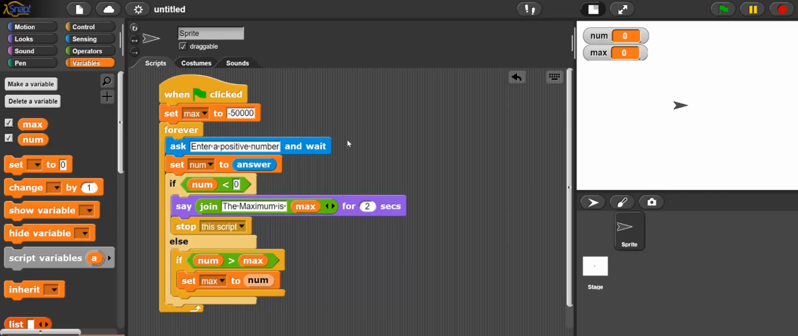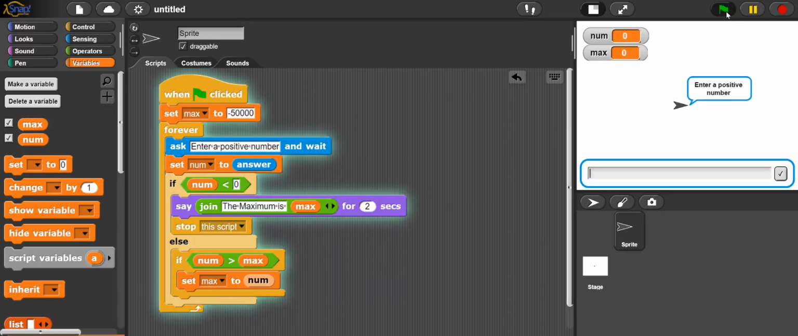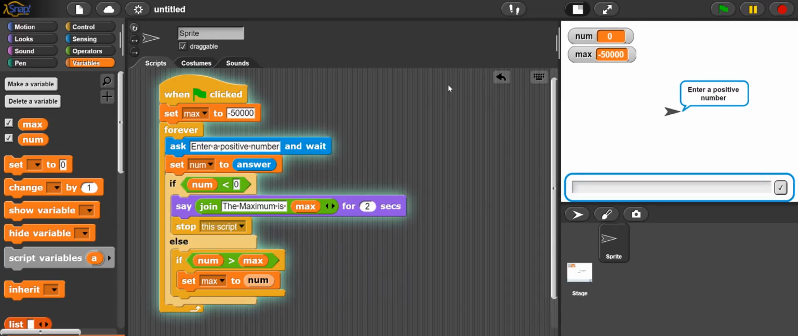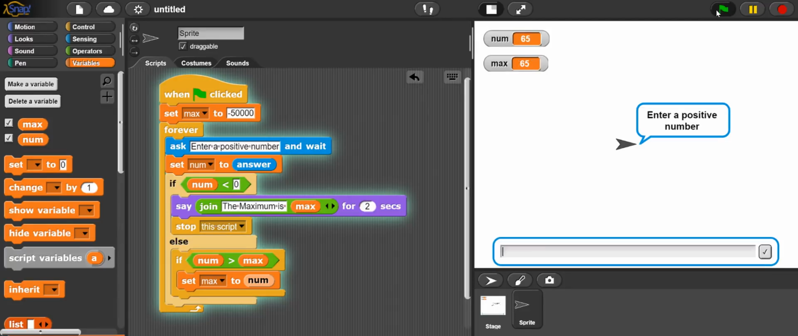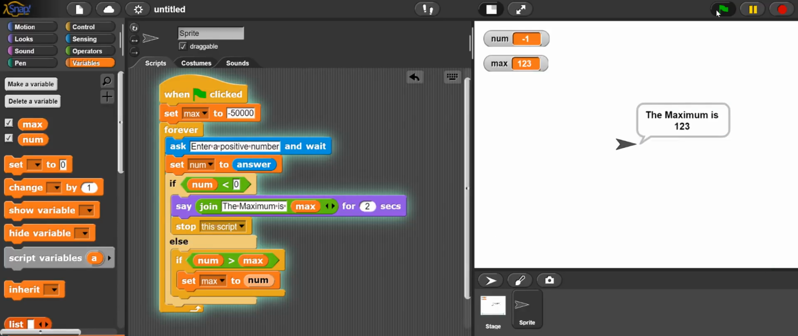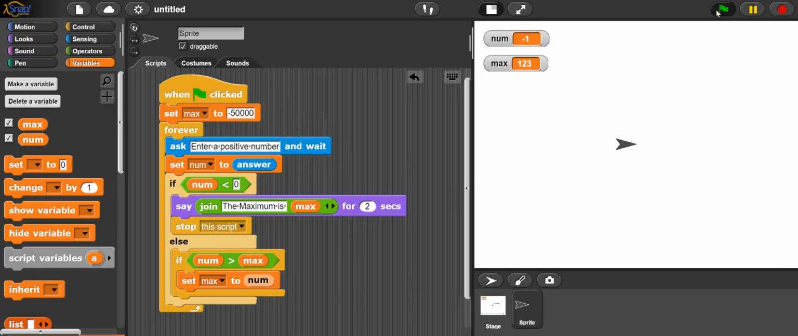So this is a very simple program. If I run this, enter a positive number, let me enter 65. It says enter again, 34, 123, 1234. It will keep accepting forever. But when I enter a negative number, -1, it says the maximum is 123, which is from the previous numbers. So this is your